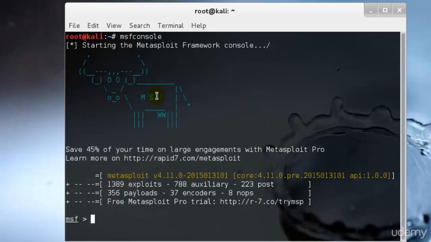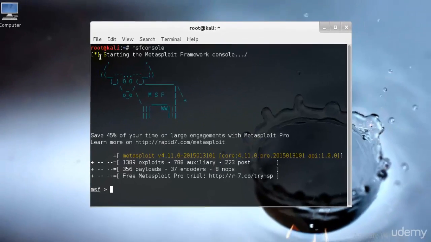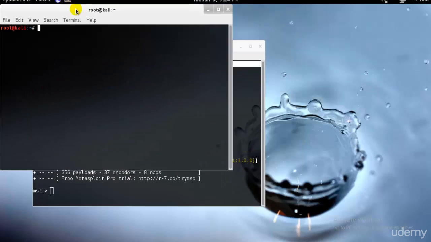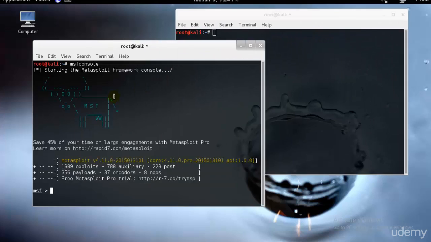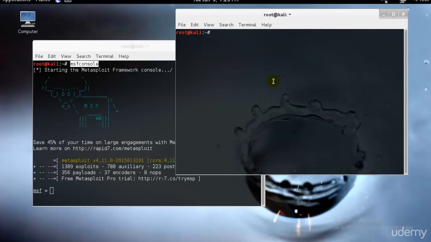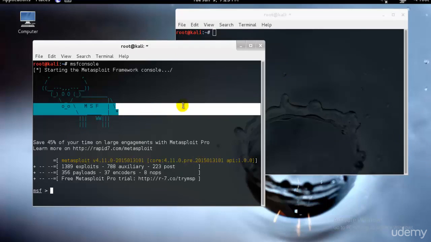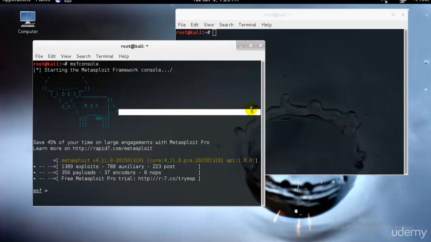So this is how the Msfconsole looks like, an image of a cow. I just opened this, but I won't be teaching you the Msfconsole through this prompt. I will be teaching you in something different. But if you're wondering why I opened this specific console, the reason is that if I open something else, and you already have a bit of information about Msfconsole, then you might be thinking that Msfconsole is this thing and I'm teaching you something else. No, I'm teaching you what exactly Msfconsole is and how we could use that in depth. So that's the reason I wanted to show you this is how we can go ahead and access the